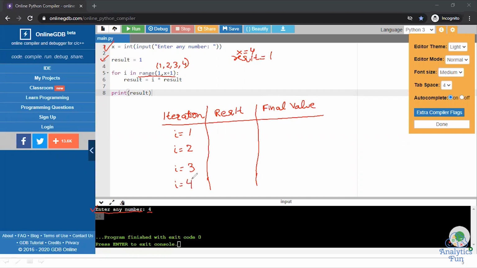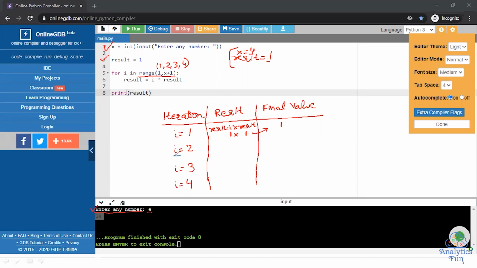Okay, now we will start with the first iteration, and we know that the initial value is x equal to 4 and result is equal to 1. Now the statement is result is equal to i into result. So what is the value of i? It is 1. What is the value of result? It is already 1. So the final value is 1.